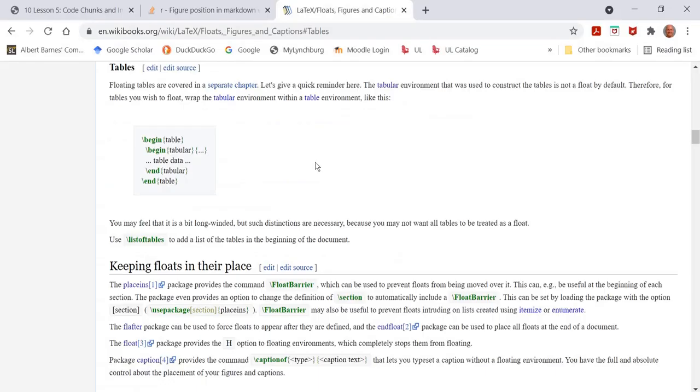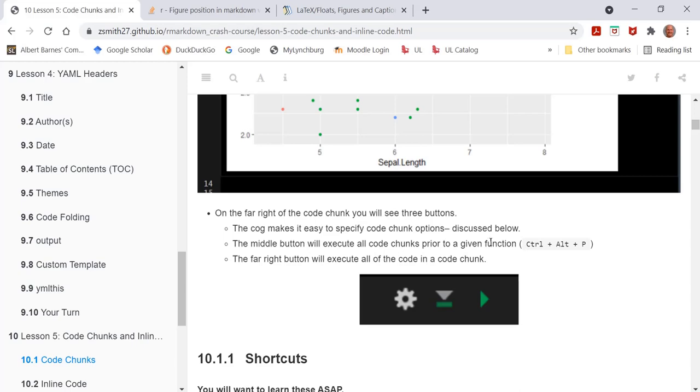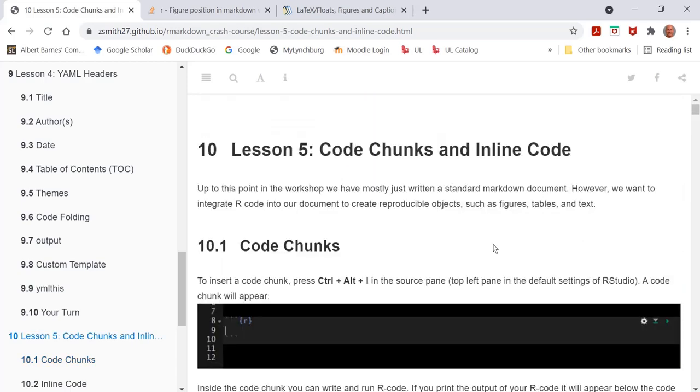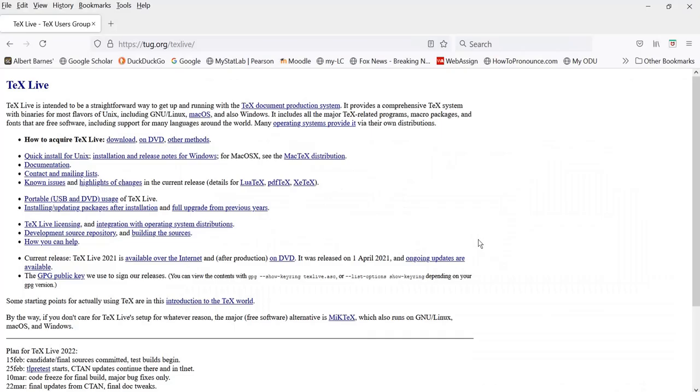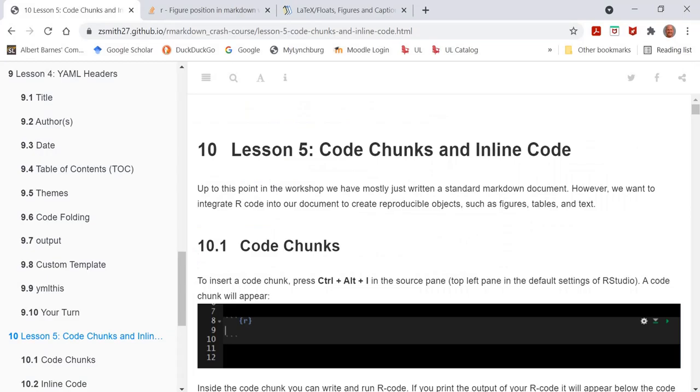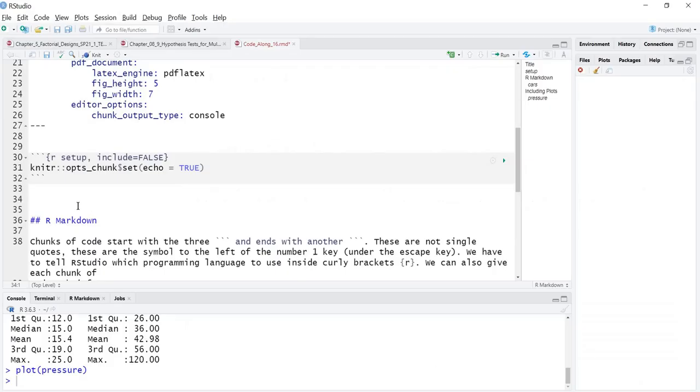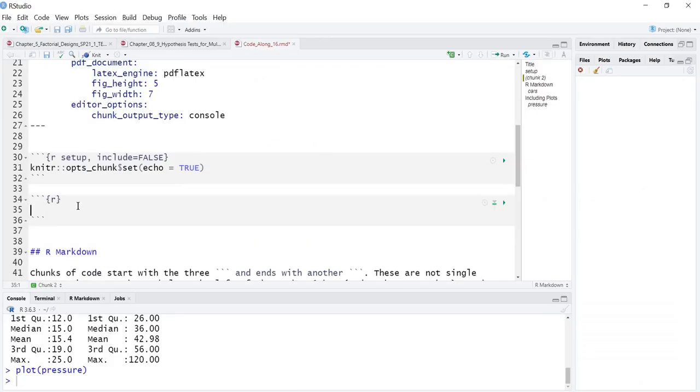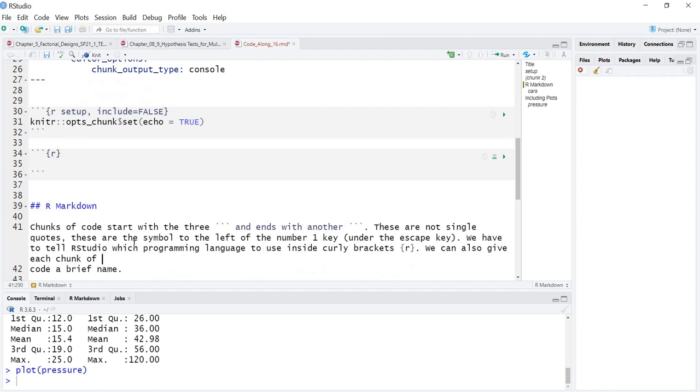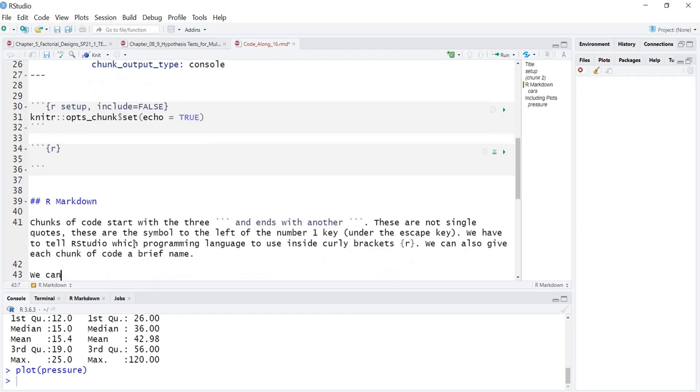Nope. Here. Yep, here we go. Control-Alt-I. Okay, oops. Too many things open. Control-Alt-I. And so it inserts, so we can insert a chunk